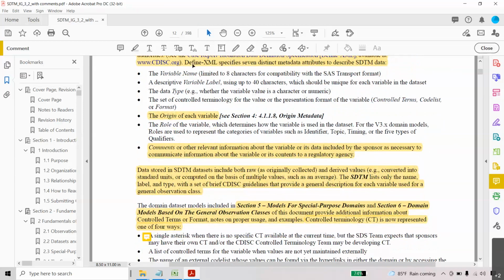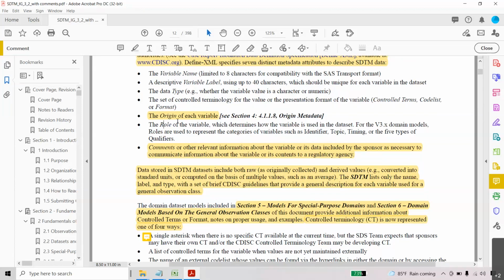For any particular variable, name, label, data type, and controlled terminology are all important. Also how that variable is generated. For example, if one subject is participating in a clinical study, there is some age variable present. Is this variable collected directly from the CRF, or is it derived?